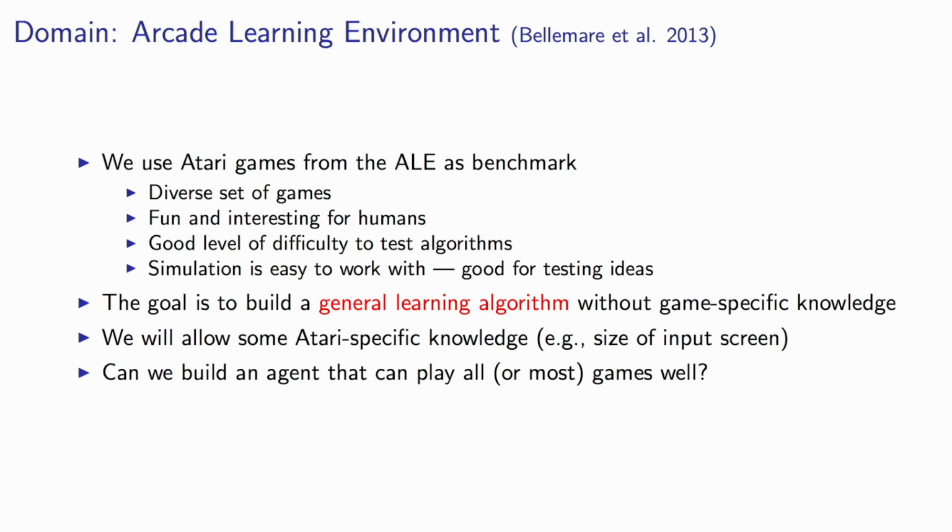So this means that they might be an appropriate test domain if we want to compare how these algorithms compare to what, say, humans might do. And they might also be a good level of difficulty to test algorithms. I think we found this in the past by doing research on this, that typically if you find things that work well across many domains, it's typically just a good idea, and it might apply more generally. Also, what's very nice about this is that it's a simulator, which is easier to work with, say, than a real robot. So this is good to test ideas.